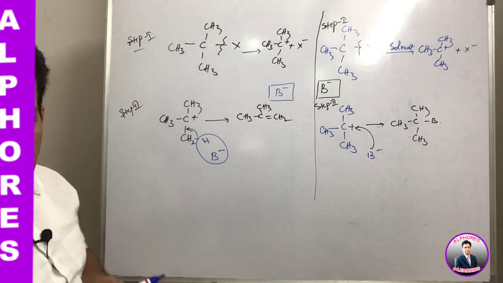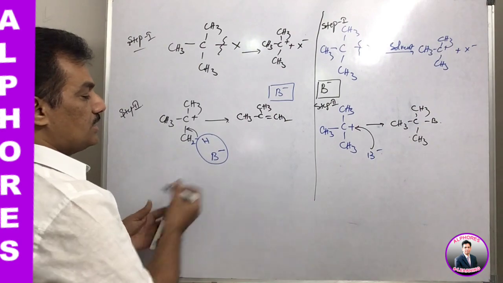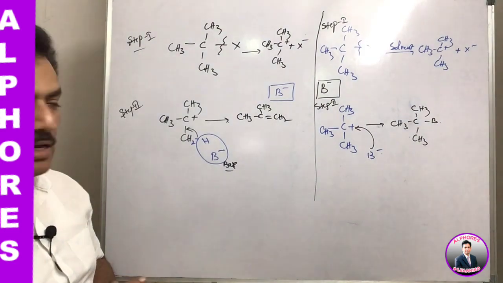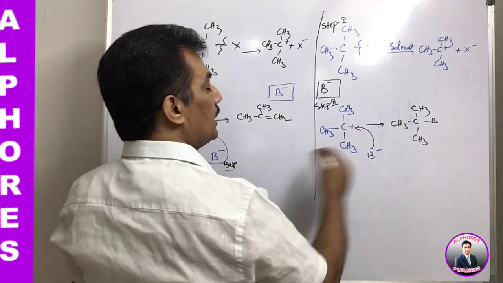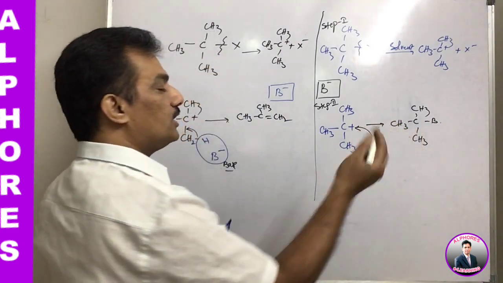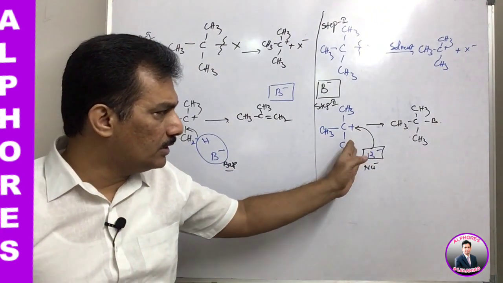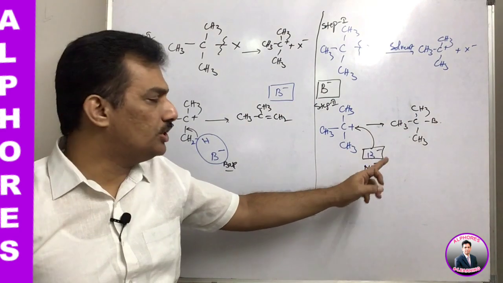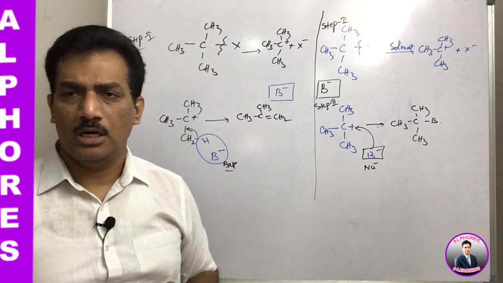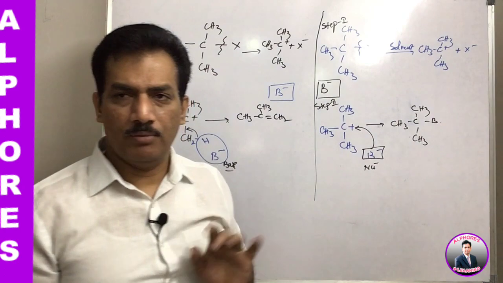Now, I think you can easily guess the nature of this B minus. In this reaction, B minus is a base because it is creating elimination. And in this reaction, B minus is behaving as a nucleophile. It is not a base, because if it were a base, it should create elimination. But is it eliminating? No, it just goes and substitutes. Substitution is nothing but it is just added to the positive part. But altogether, from this complex to this, when we observe, X is now replaced by B. That is nothing but